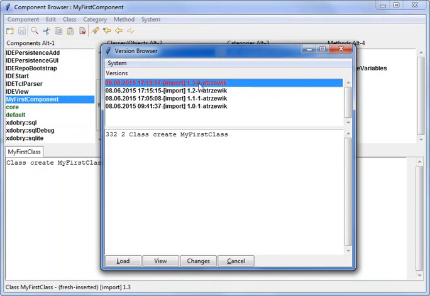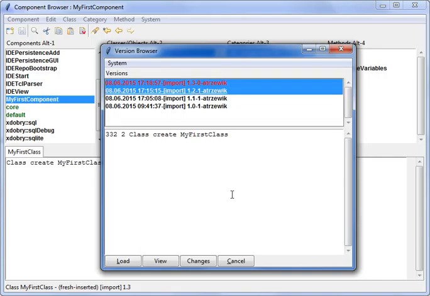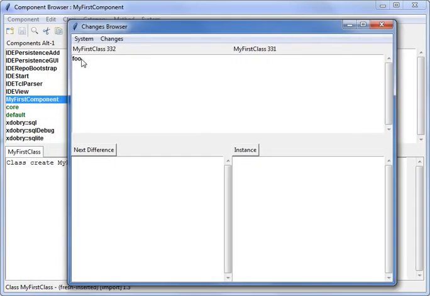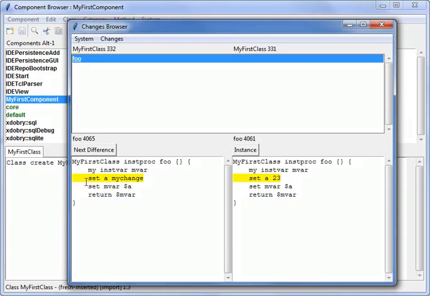There are many editions. This one is versioned, and this is open, and I can even browse changes between two editions of this class. I can see the methods that were changed and the differences in this line.